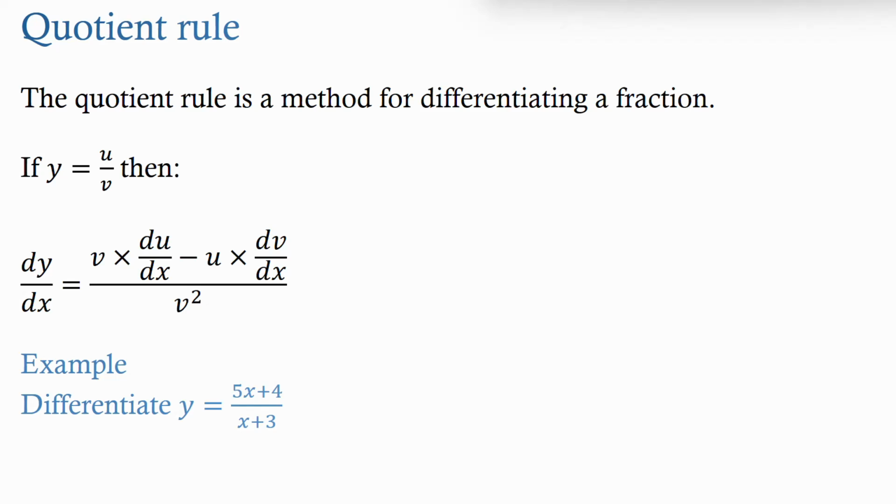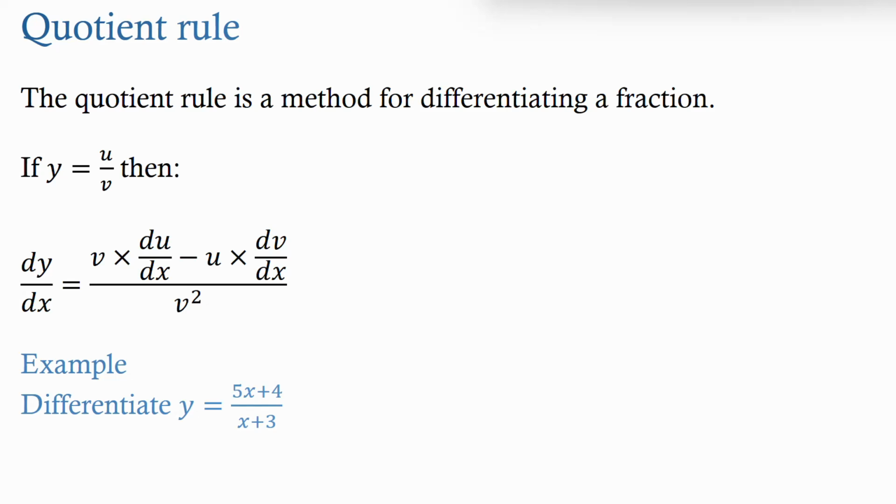In this video, we're focusing on the quotient rule. So the quotient rule is used for differentiating a fraction. For example, if we had y equals u over v, we then can use the formula dy over dx equals, on the top, the numerator, v times du over dx minus u times dv over dx, and that is